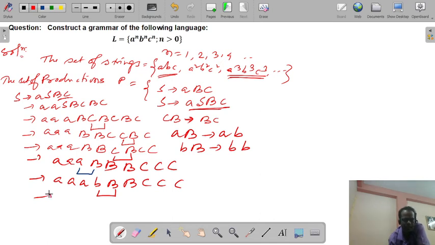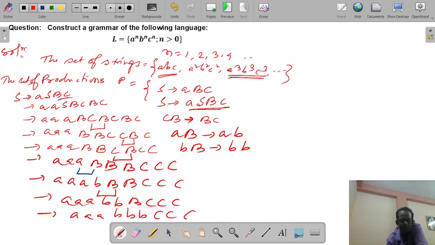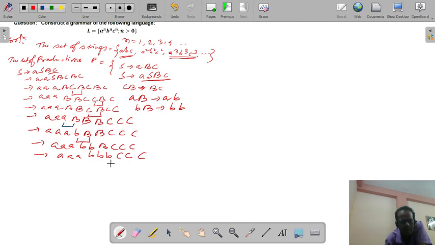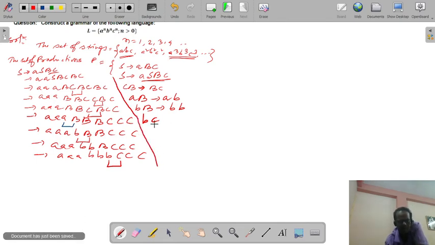So you can write aa, bb. With the help of this production, now we need to change this small b, C. This small b, capital C to small b, small c.